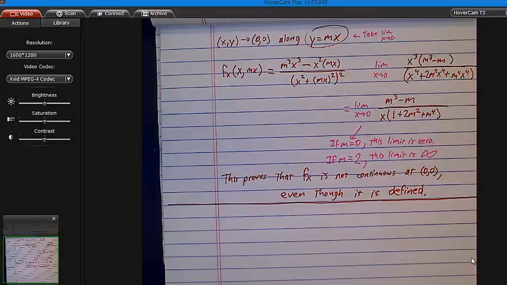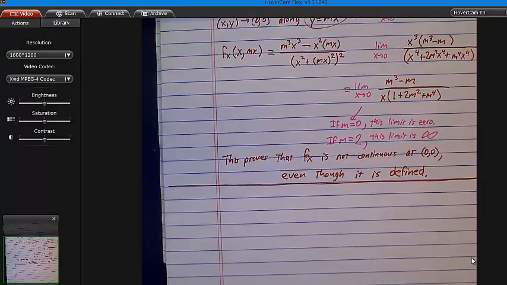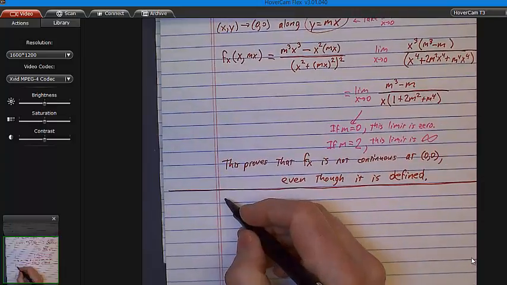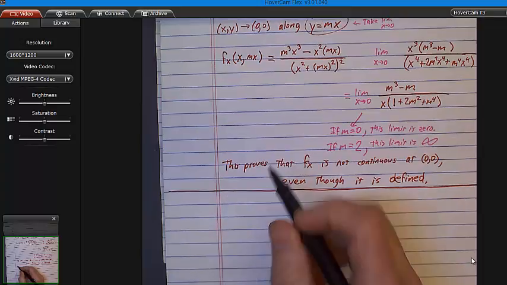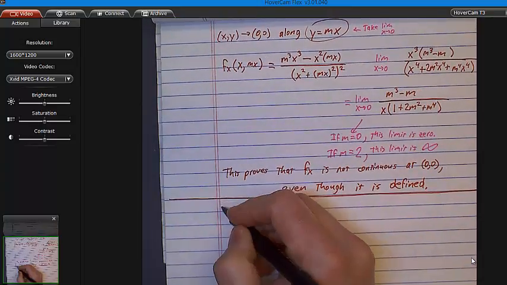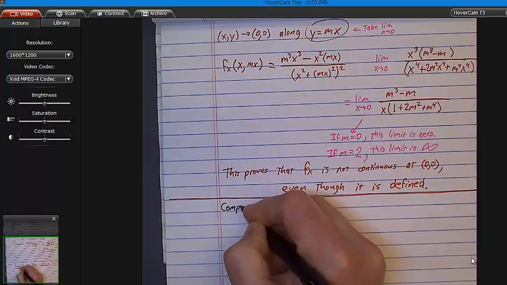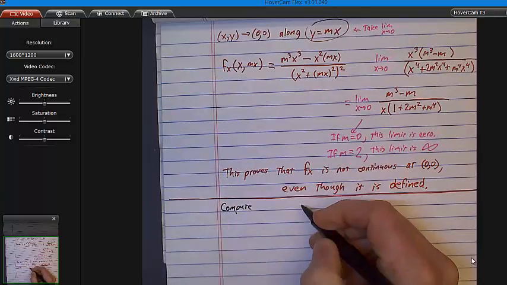Here's a challenge for you guys, okay? We have this example, this function that I've been playing with, right? I was working all through here. I'm going to have you compute the second partial derivatives. So what I mean by that is